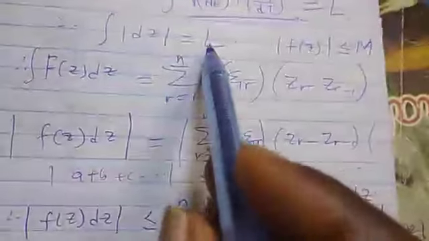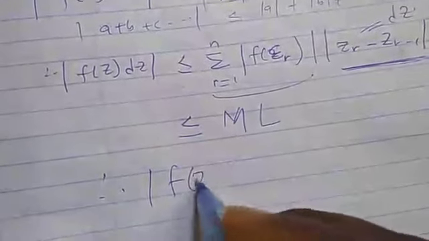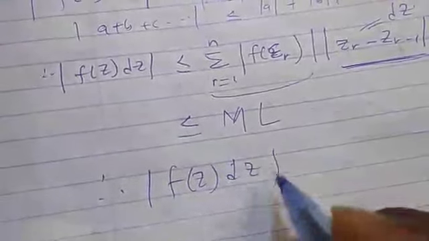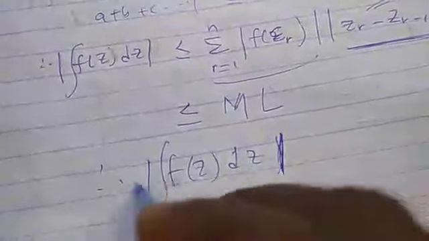And absolute value of f of z is less than or equal to M already, so this is M, while the integral of absolute value of dz is equal to L. This is L. So we can now conclude that the absolute value of the integral of f of z dz, the integration,